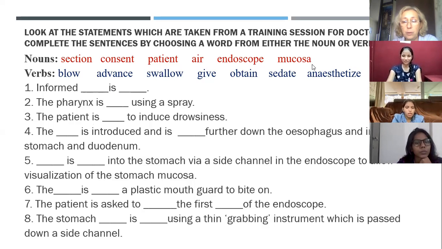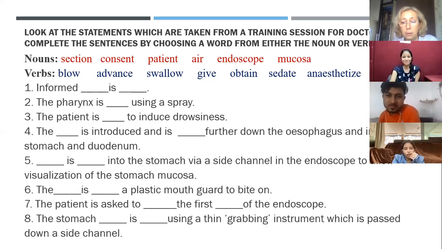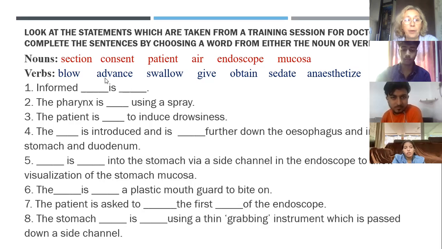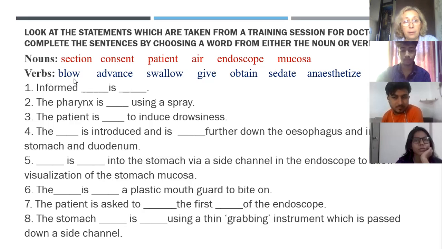What does mucosa mean? Ma'am, it is the internal layer, the lining of the gut structure. The innermost lining of the stomach. It is the innermost layer of our alimentary canal. And the verbs are